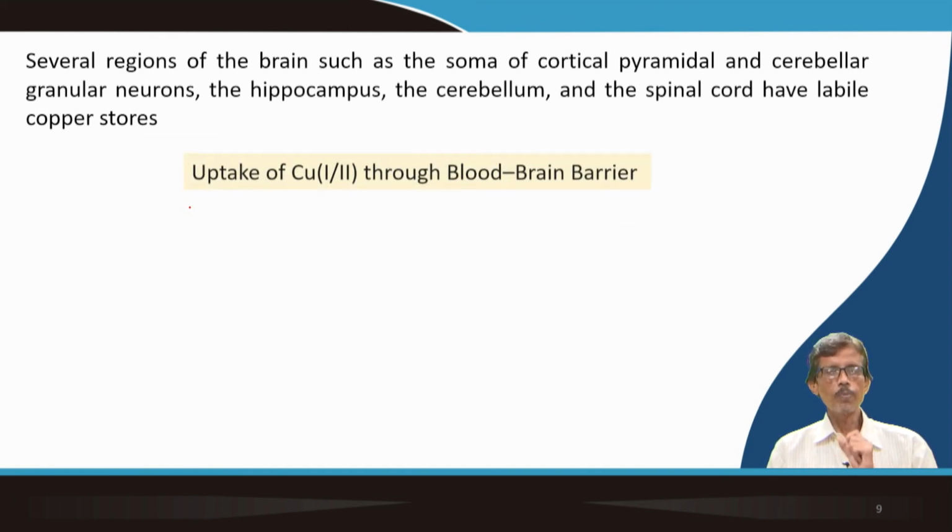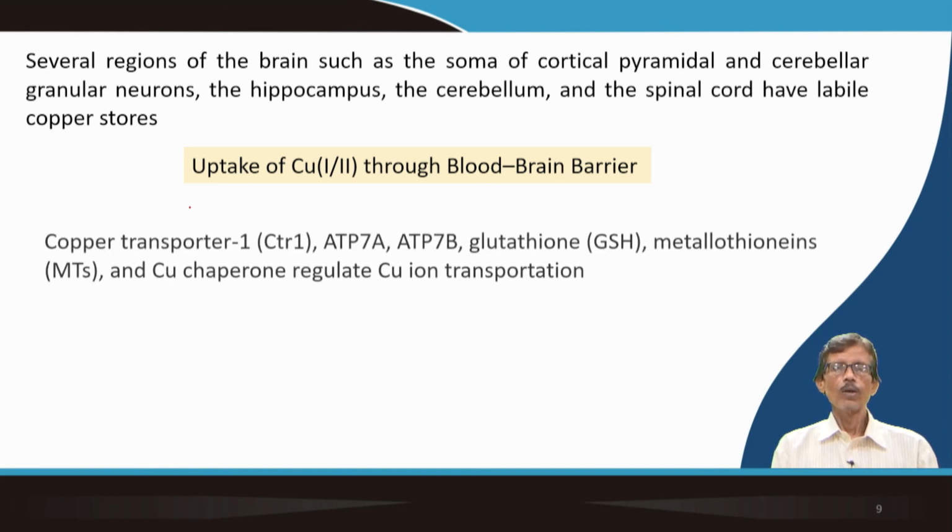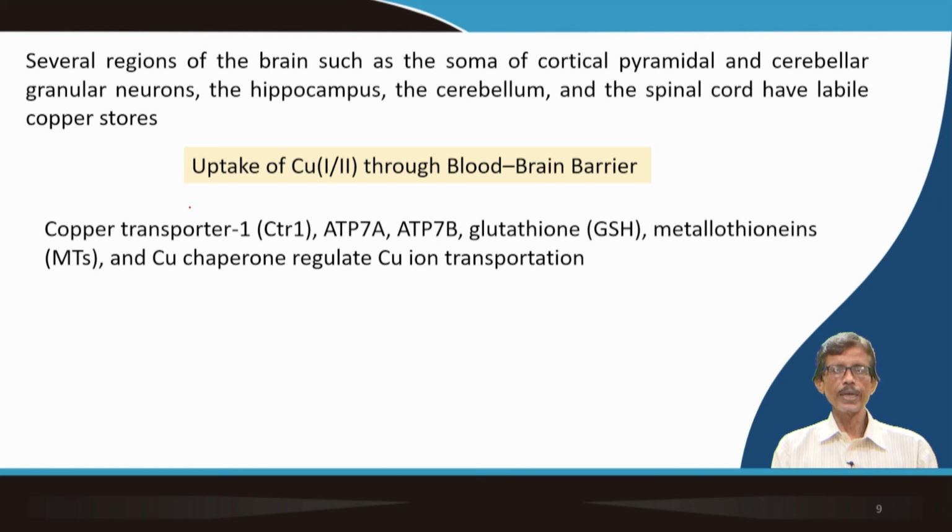So, you have loosely bound copper ions, and these copper ions can be transferred through your BBB, the blood brain barrier. The blood brain barrier it can go through, and the transporters you can have: CTR1, the copper transporter number 1, ATP7A, ATP7B, glutathione, metallothioneins, which we already talked about and abbreviate as MTs, and the copper chaperone, which basically regulate the copper